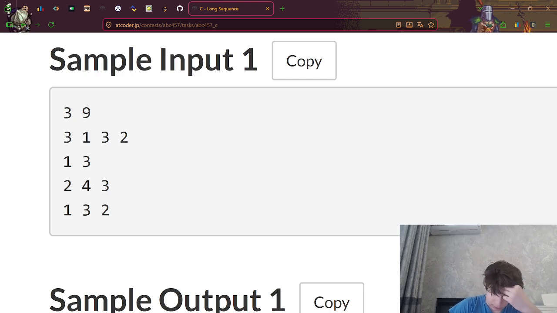And for e equals 0 and e less than k, like what's left? Left is only 3. Then I just try, for example, push back.